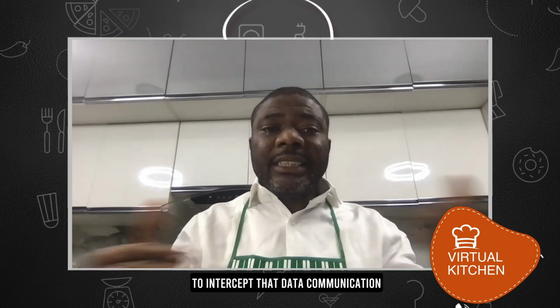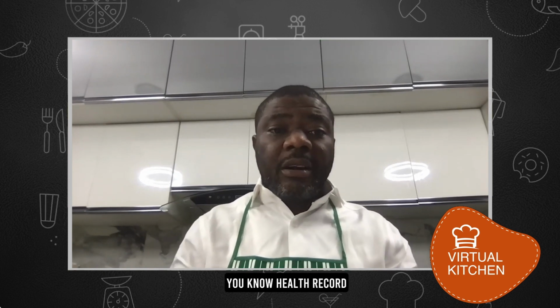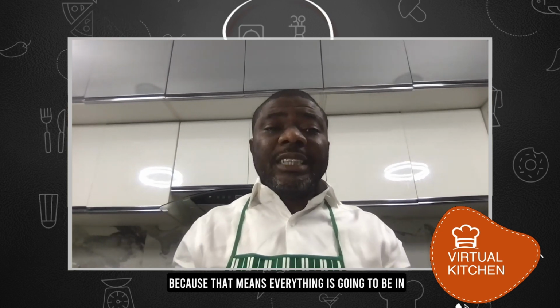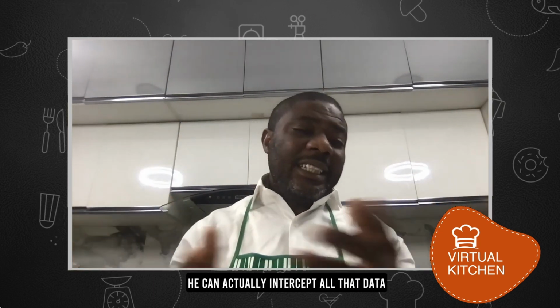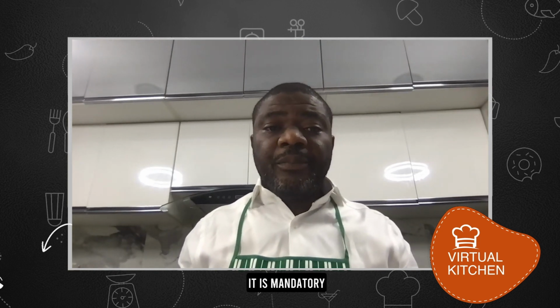intercept that data communication. Now, from the question that you asked, when you're talking about sensitive data, we could look at health records, user credentials, or payment information. Believe me, it will be bad for any responsible organization to use HTTP because that means everything is going to be in clear text. Clear text means that if the malicious actor is eavesdropping, it can actually intercept all that data. That is why the use of HTTPS is highly recommended, and it is mandatory when you are talking